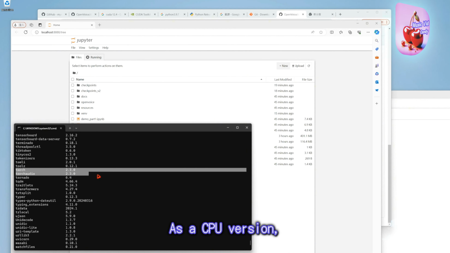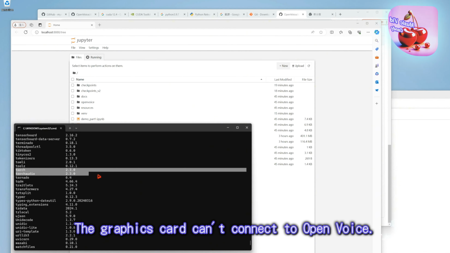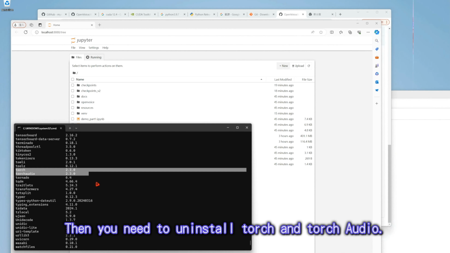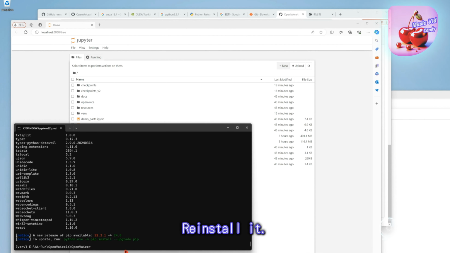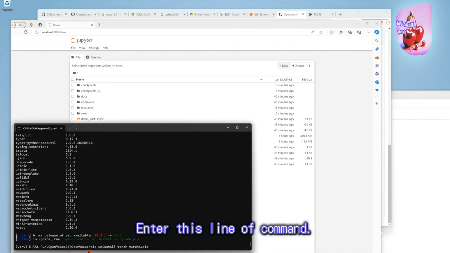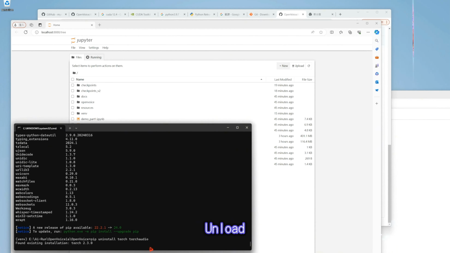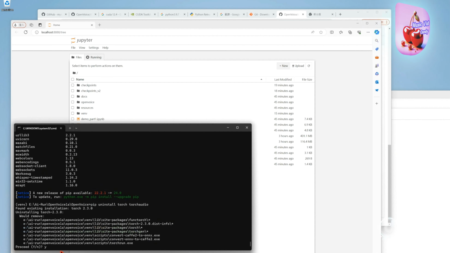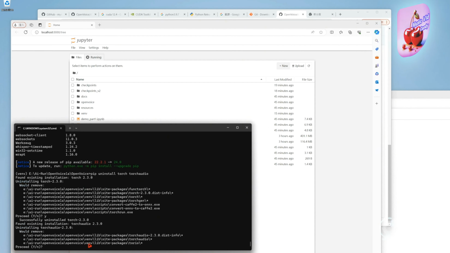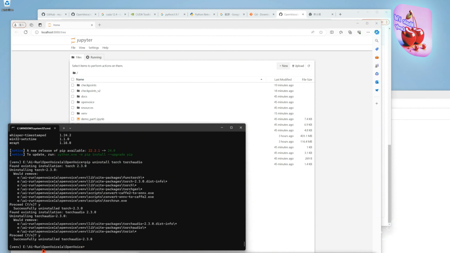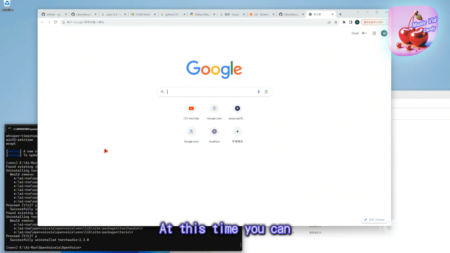As a CPU version, the graphics card can't connect to OpenVoice. Then you need to uninstall torch and torchaudio and reinstall them. Enter this line of command. Uninstall. At this time you can